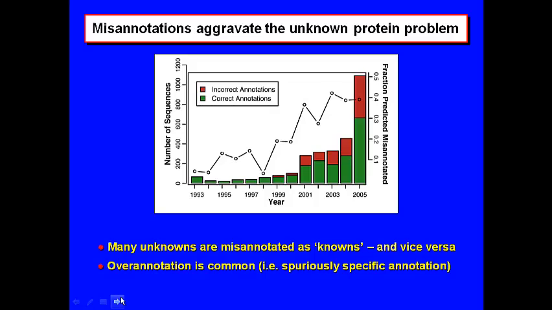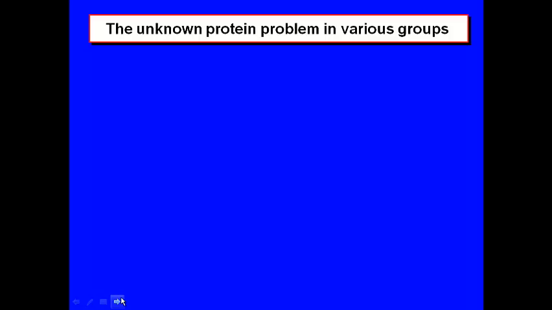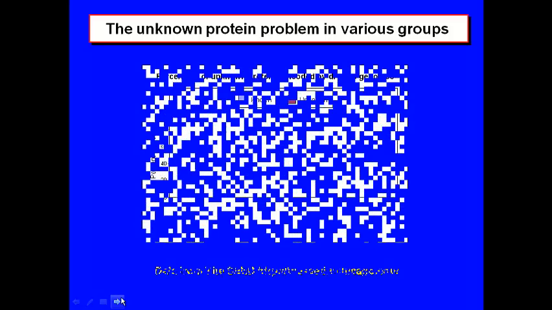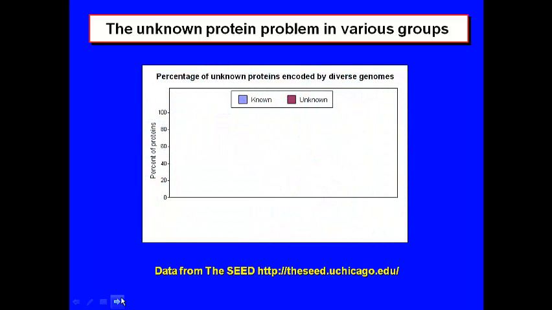They're treacherous. And some of them are laughable. I mean, you'll be looking at a bacterial genome and it'll tell you it's a mitochondrial precursor from a mammalian drug resistance gene. Ding! That one must be wrong. But most of them are not that easy to spot. Now, this problem of unknown proteins, in other words, genes that encode proteins whose functions are unknown, is a problem in all the groups of organisms, but it's somewhat worse in eukaryotes.